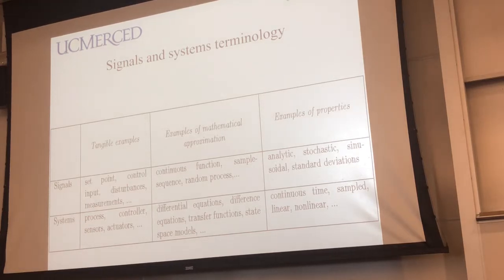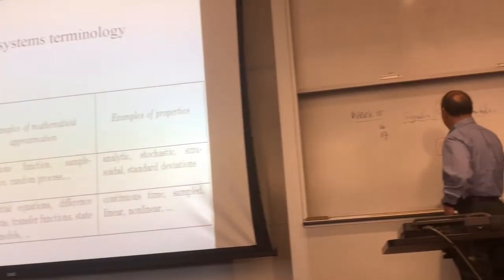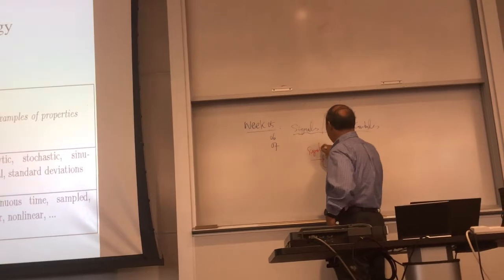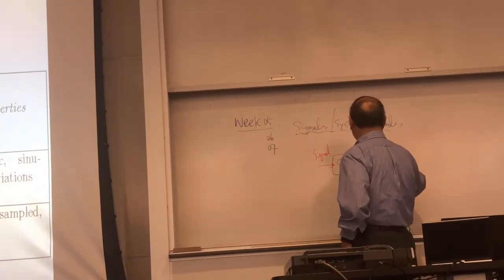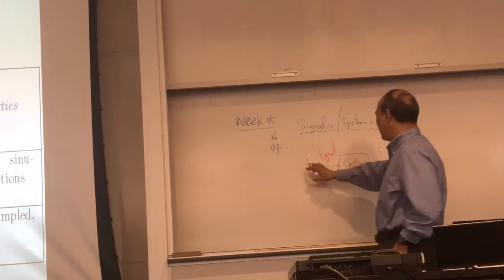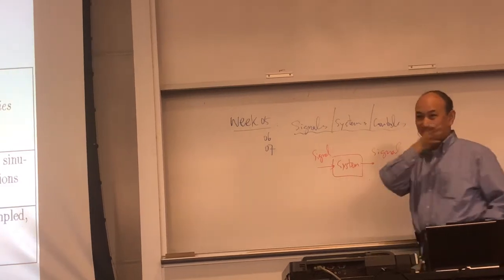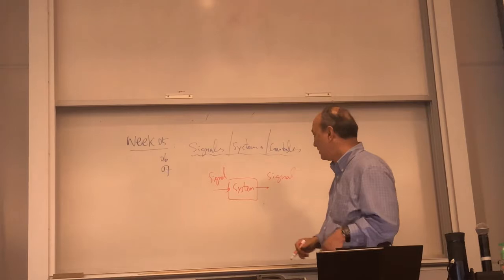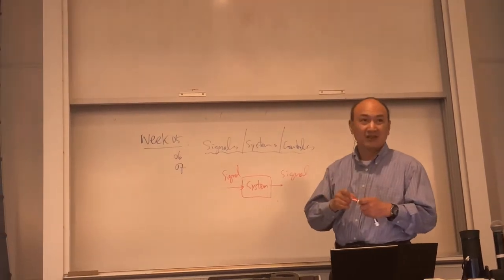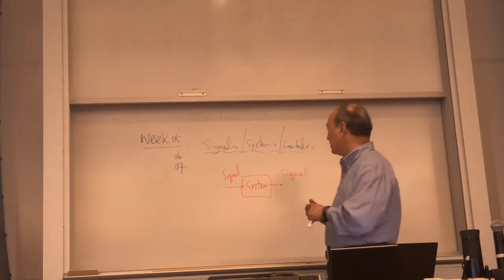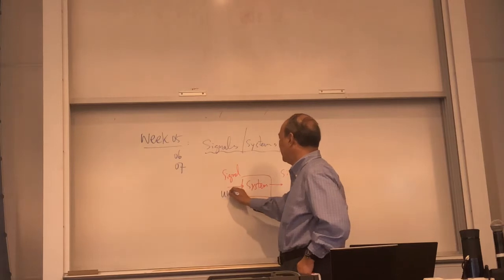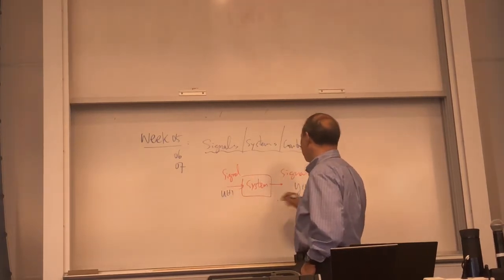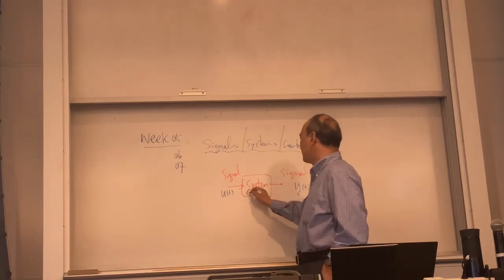So we said there's a system in here, you have a signal in here, and you have a signal in here. Okay? So you pass a signal to a system, you get another signal. Is that right? So it's a mapping between two signals. On the other hand, okay? So this is U of t, this is Y of t, this is the transfer function G of s.